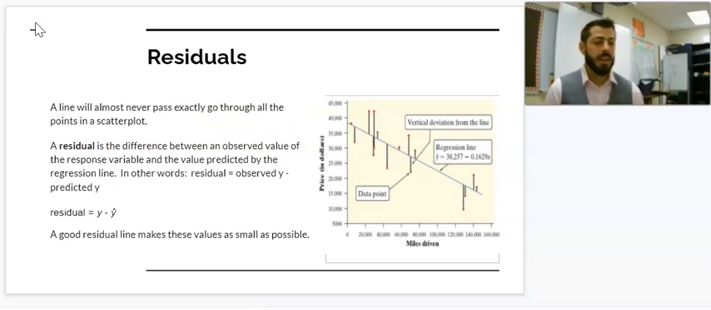When you plot a line, it will almost never pass exactly through all the points that you have on your scatter plot, right? We saw that on the other presentation. A residual is the difference between an observed value of the response variable and the predicted value of the regression line. Basically, it's the dot minus the line, or in other words, the y minus the y hat. Remember, the y represents the actual dot, the actual value, and y hat represents the predicted value. So it's the dot minus the line, y minus y hat. And keep in mind that a good regression line is going to try to make these values as small as